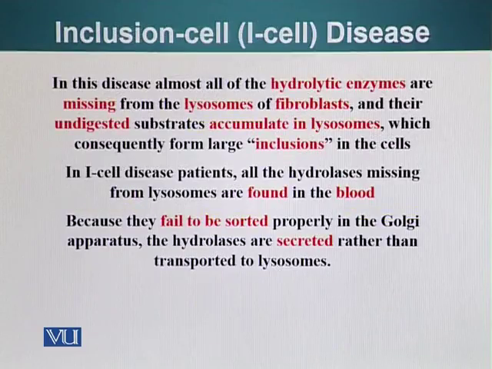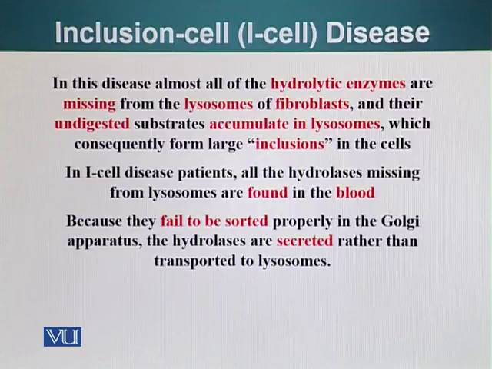So this is how the lysosome works. The function of the lysosome is very, very important. There is a class of diseases called I-cell diseases. In these diseases, hydrolytic enzymes are missing from the lysosomes of the fibroblasts, and the undigested substrate accumulates in the lysosome, which consequently forms large inclusion bodies in the cell. Therefore, this disease is called inclusion cell disease, or I-cell disease. In I-cell disease, patients' hydrolases are missing from the lysosomes and are actually present in the blood, because they fail to be sorted properly in the Golgi apparatus, and the hydrolases are secreted rather than being